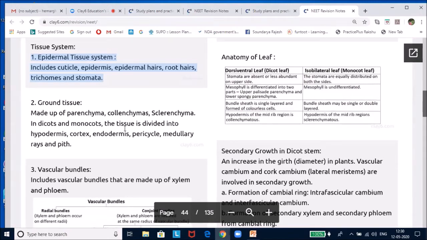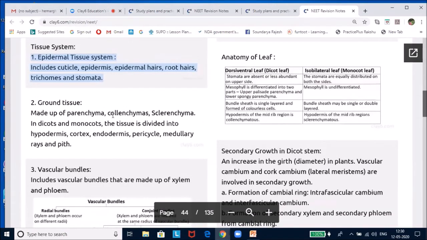Stomata are structures present in the epidermis which regulate transpiration. Transpiration means loss of water in the form of vapor from the aerial parts of the plant, and they also help in gaseous exchange during photosynthesis and respiration. Now, epidermis has a number of hairs. If present in the root, they are called root hairs, and if present in the stem, they are called trichomes. They can be branched, unbranched, stiff or soft. Trichomes also prevent water loss by transpiration. So, these are the key points you had to learn about the tissue system.